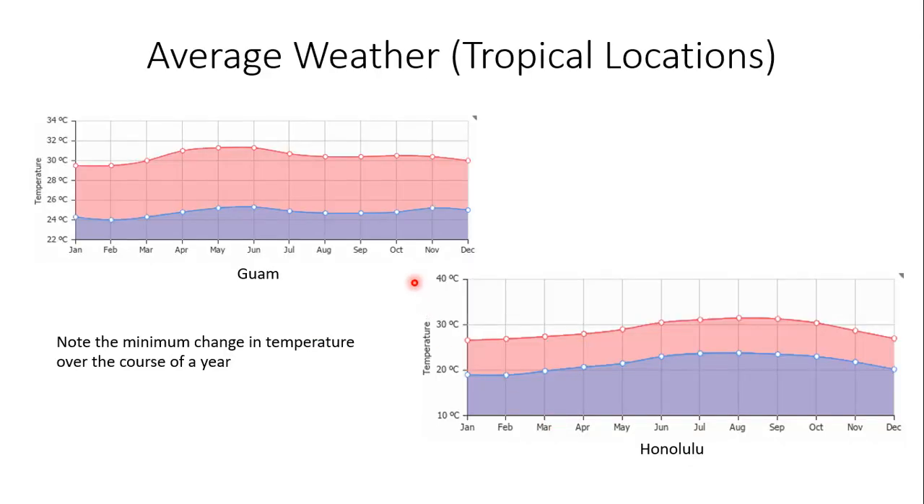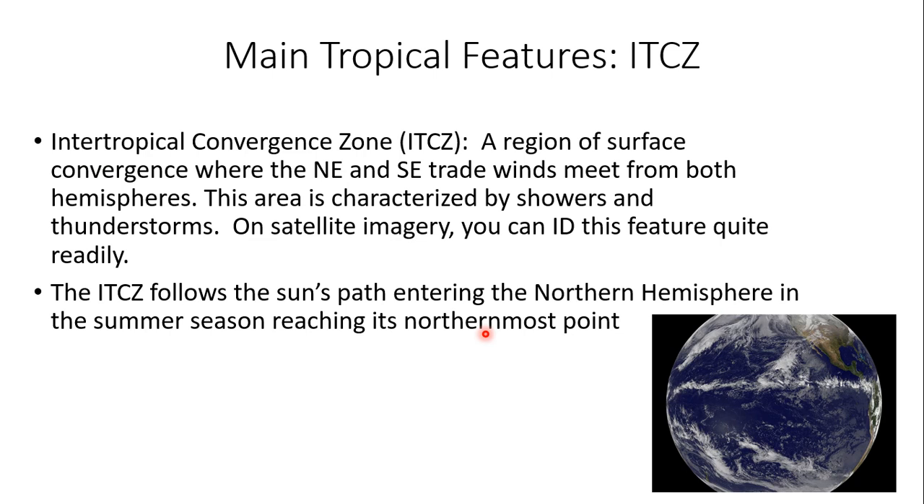Here were a couple locations I gave in today's training, Guam versus Honolulu. Again, one of the most important things to look at is the shape of these lines. Look how horizontal or flat these lines are in both cases. There's not a lot of variability is what that means in the temperature throughout the course of the year from January to December. We also talked about one of the major features in the tropics,